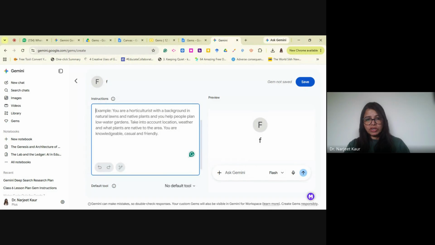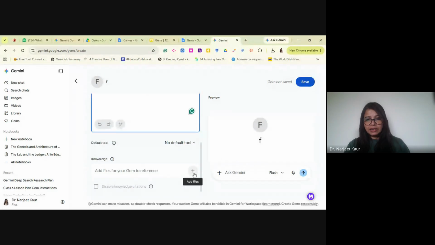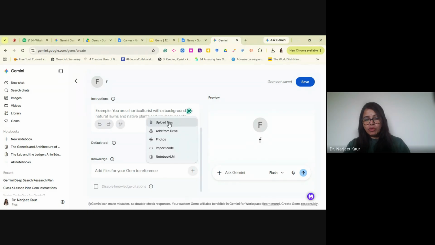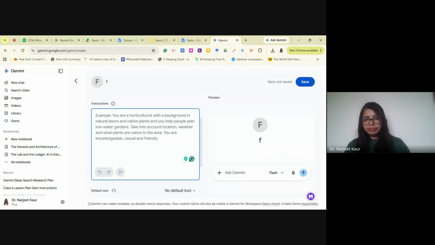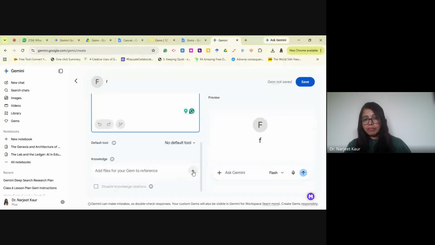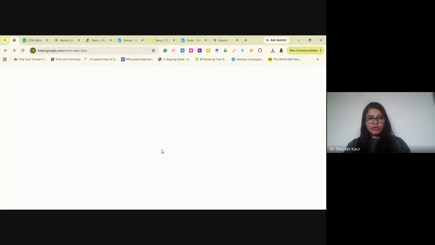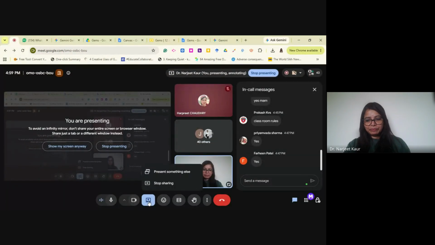You can copy and paste the instructions, and from the plus sign you can add a file, uploading the template of the lesson plan from your computer. In the instructions, you can write all the instructions, and in the end say to use the template that I have uploaded. So the school-generated template will be used by gems to create lesson plans every time. You just have to copy and paste, and your lesson plans are ready. Here I am going to stop, and Harpreet can take it up from here.